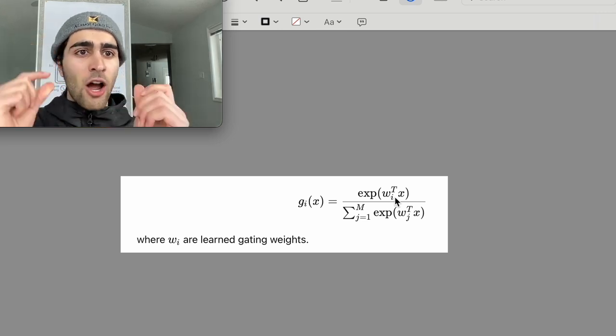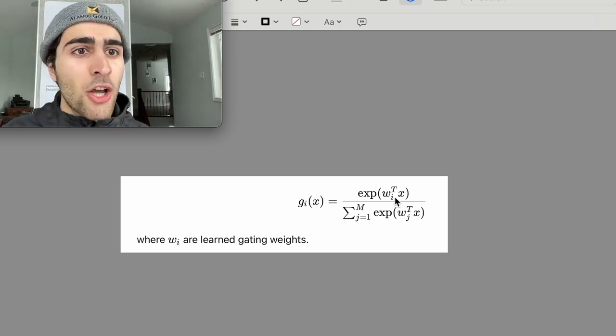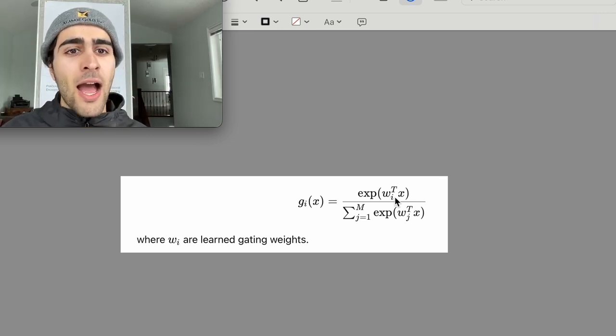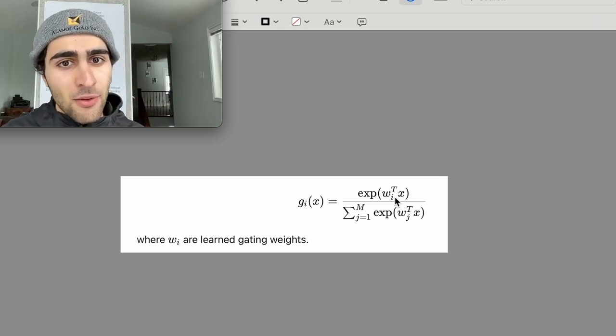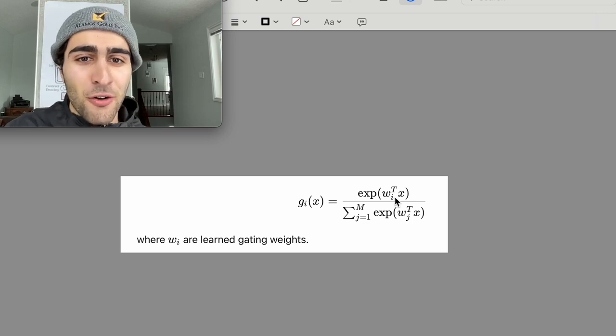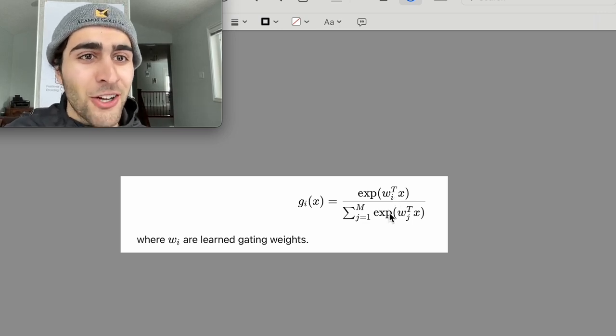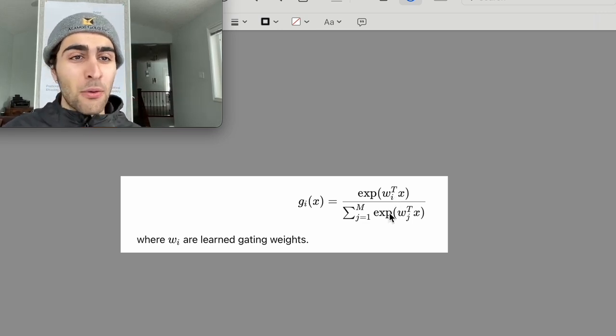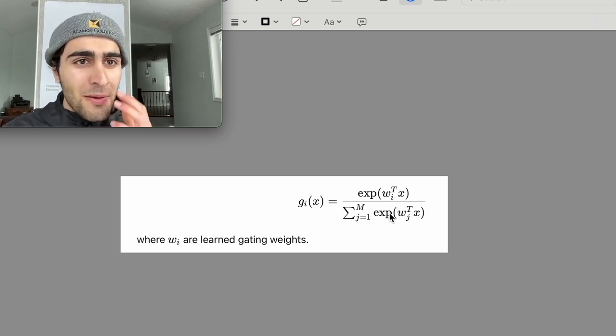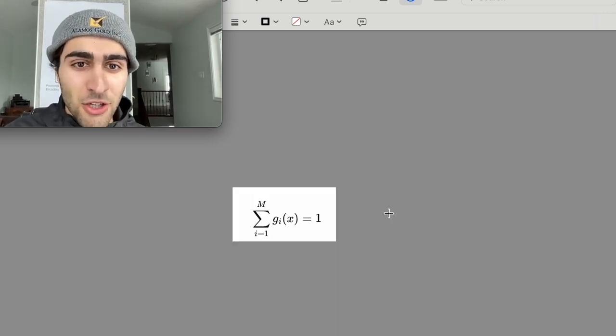So this dot product with the cardiologist weight, W0, will be very high. And then this softmax will give 0.9. And if we sum it over both the cardiologist and the orthopedic surgeon, and then we do the same thing for the orthopedic surgeon, this will give the weighting of 0.1. So once again,